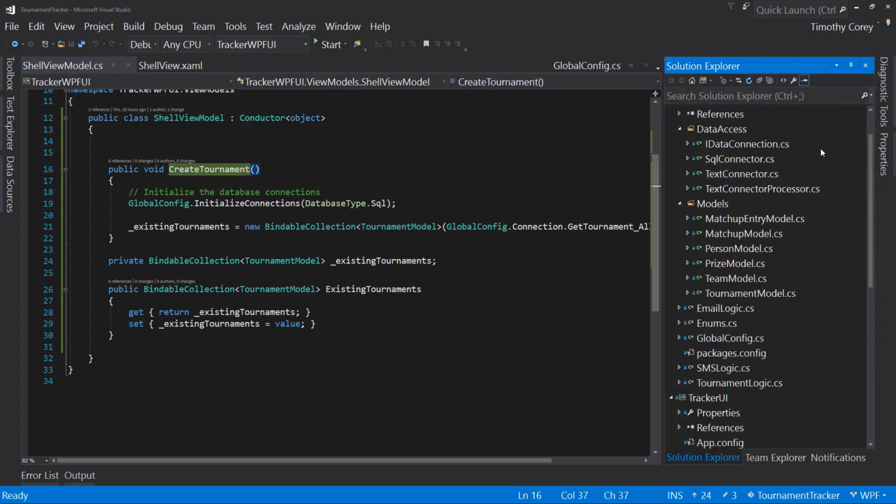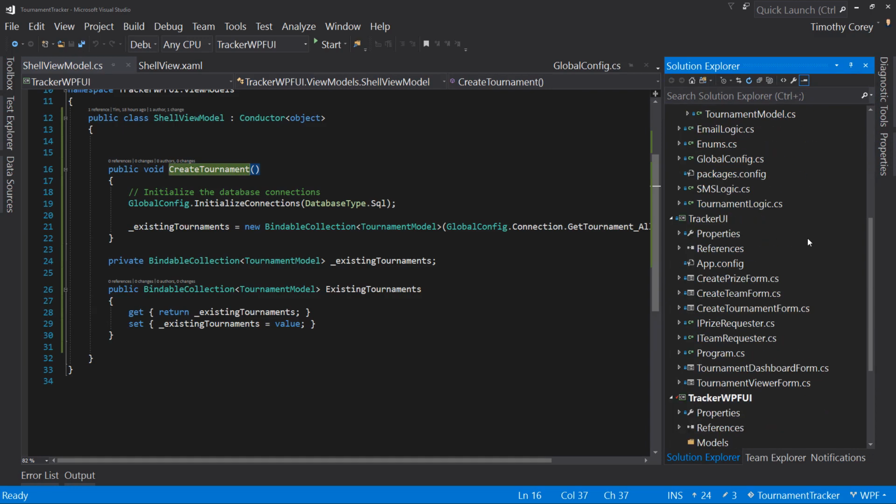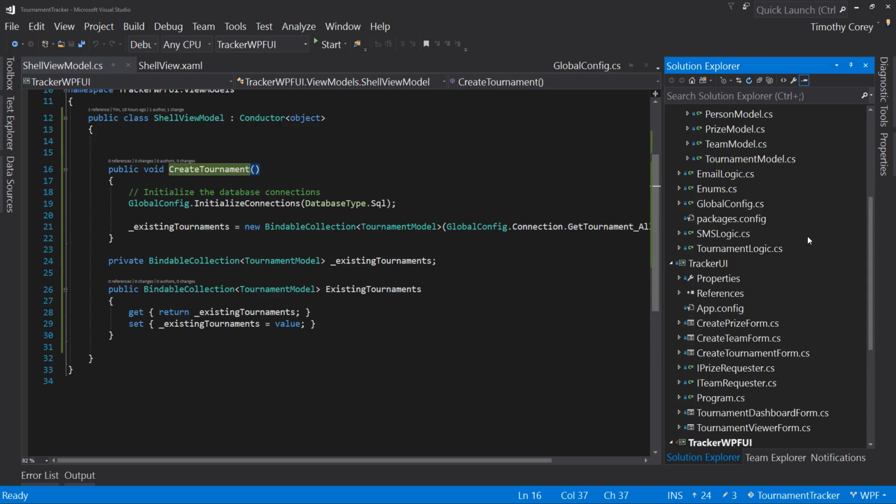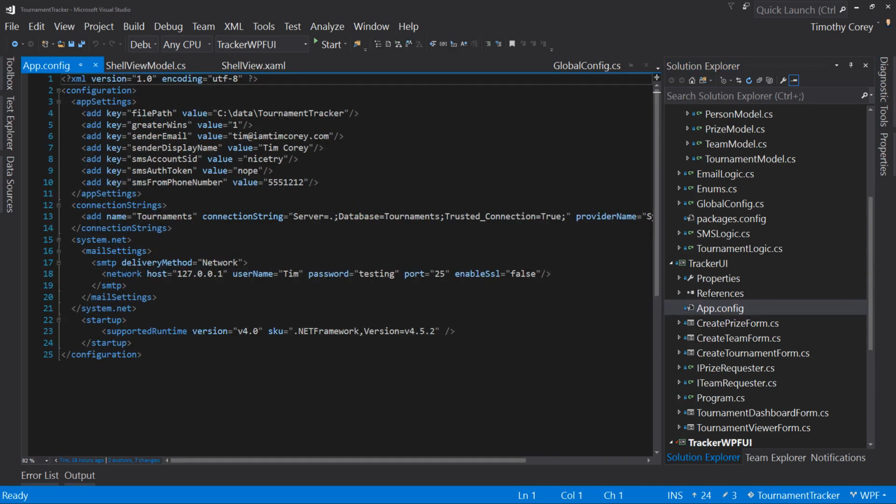In the meantime, though, let's actually change my config file. So if we look at our tracker UI's app.config, we'll see that I have a connection string here. And in fact, we also have the system.net mail settings. We're probably going to need those as well. So let's copy those as well. And we also have these